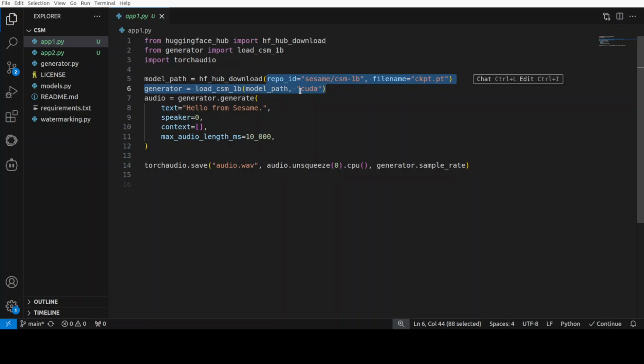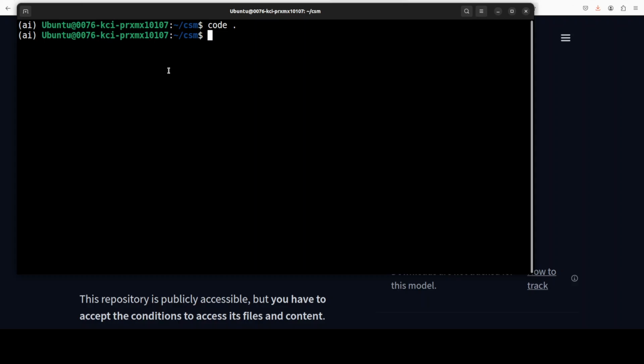Just keep it as is. Also, if you have a CPU, just replace this CUDA with CPU if you don't have a GPU. So this is the file, the code which I'm going to run from the root of the repo. I already have put it in this file app1.py. So let me minimize it, go to my terminal, clear the screen, and from there I'm just going to run this